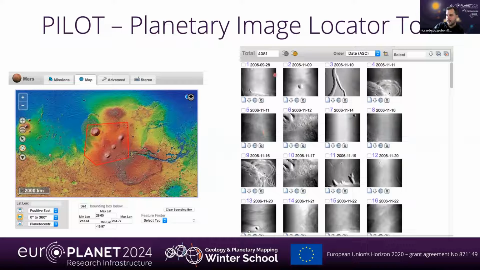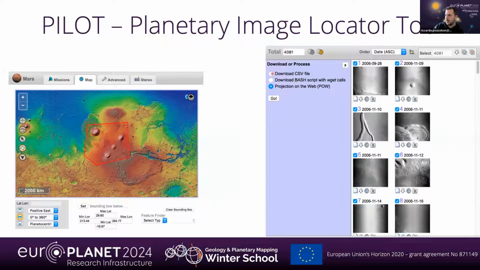If you want to have them already pre-prepared, as for all the other services I've shown you before, you have another option. If you click this button here, you can choose to download them. You can download a CSV file with all the links of the images, or a script with some calls that you can download, or you can click singularly with all of these buttons here. And this, for example, this beach ball here shows the footprint of the image on the surface of the planet. But if you use this service, it's called projection on the web, and you click go, you jump to another portal